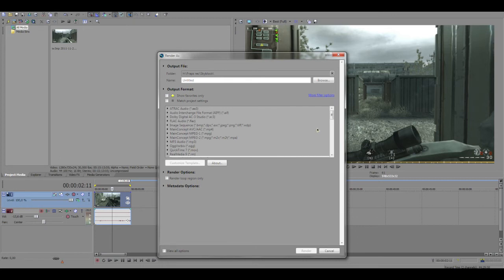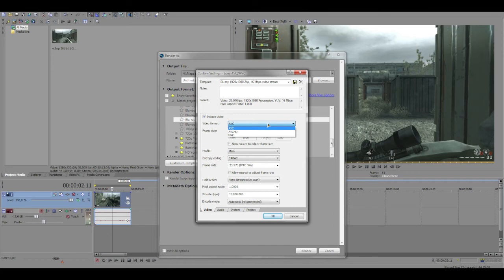So you will go through this list in Sony Vegas Pro 11, and you will find Sony AVC/MVC MP4. So just scroll down and you will find some settings. It doesn't really matter which one you choose. So choose whatever you want and click customize template. Here set it to AVC, resolution on 720p. Then move over to the profile, which is the best on high,